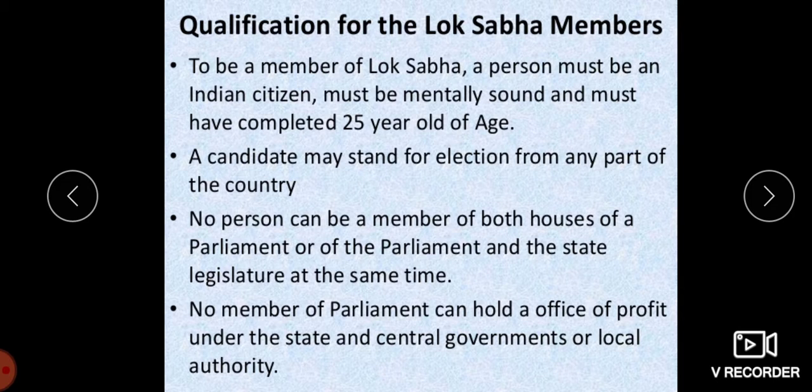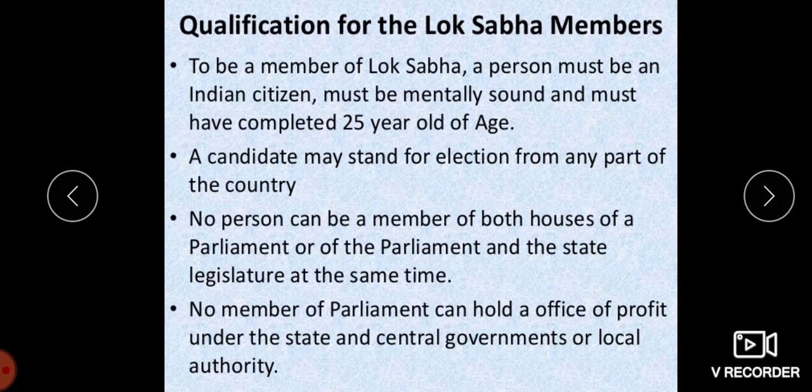If a member holds any office of profit under the government of India or government of any state other than the office exempted by the parliament by law, but not a minister for the union or for a state. If he is of unsound mind and stands so declared by a competent court, if he is an undischarged insolvent,